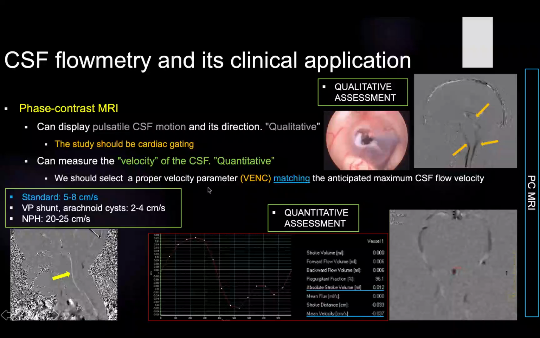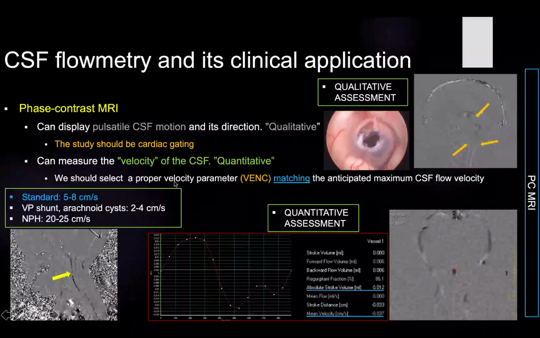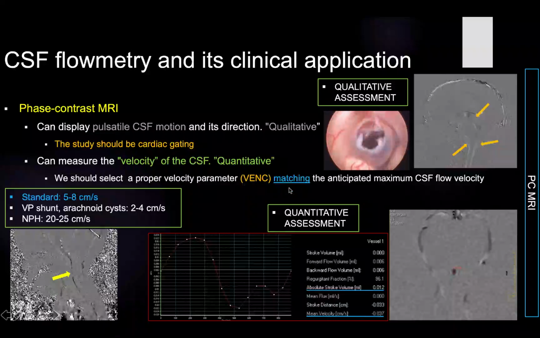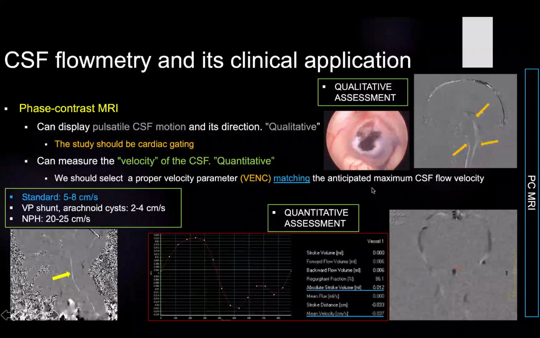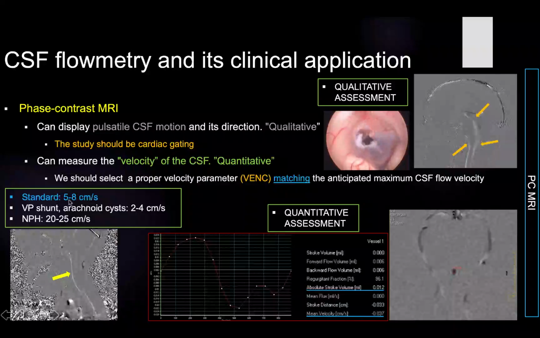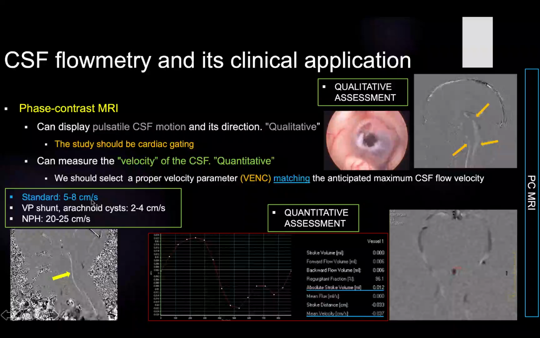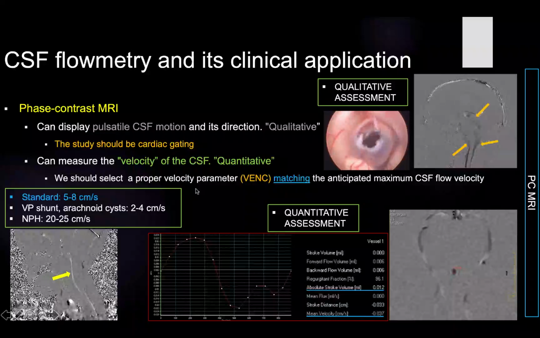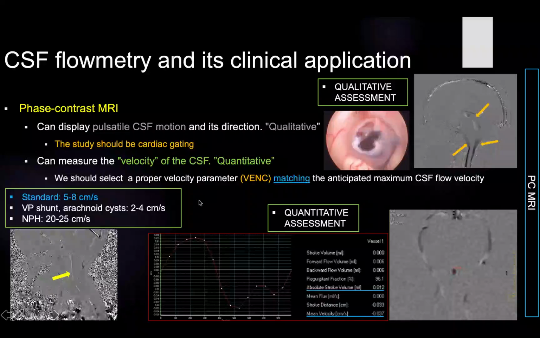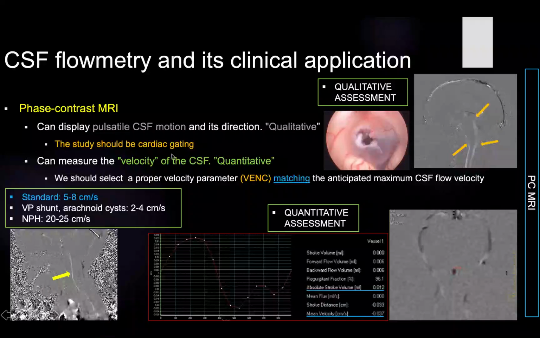This is one of the parameters in the phase contrast study. We should properly select this velocity encoding parameter to match the CSF flow velocity. The normal CSF flow velocity is from 5 to 8 centimeters per second. So the velocity encoding parameter is one of the parameters we set when we do the CSF flowmetry